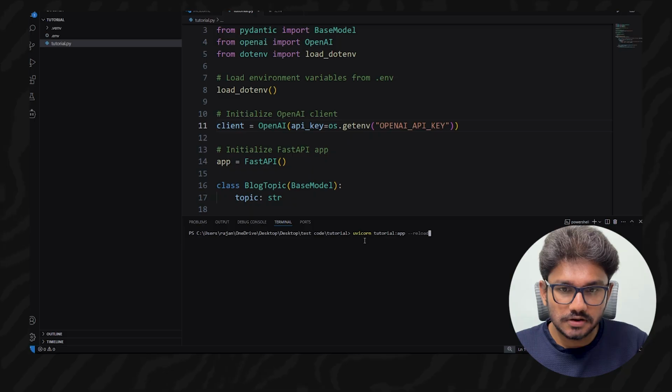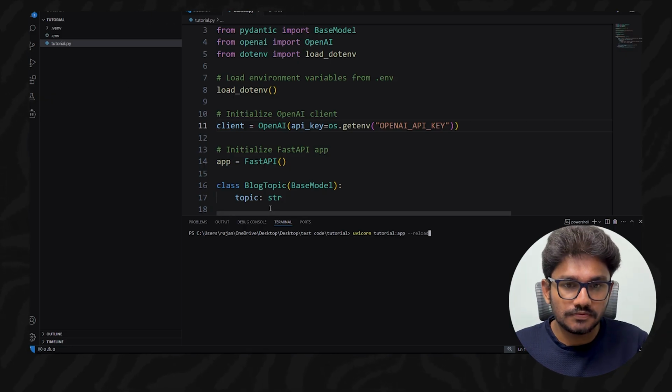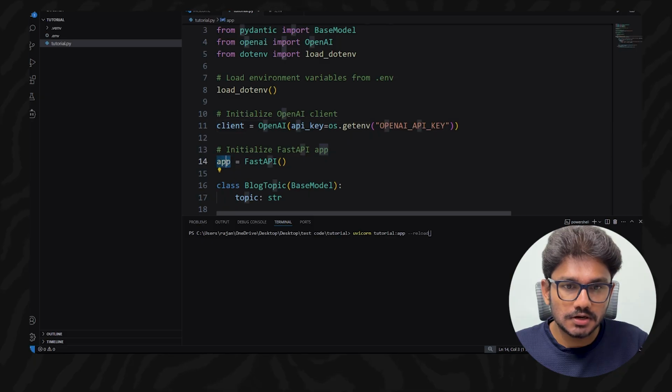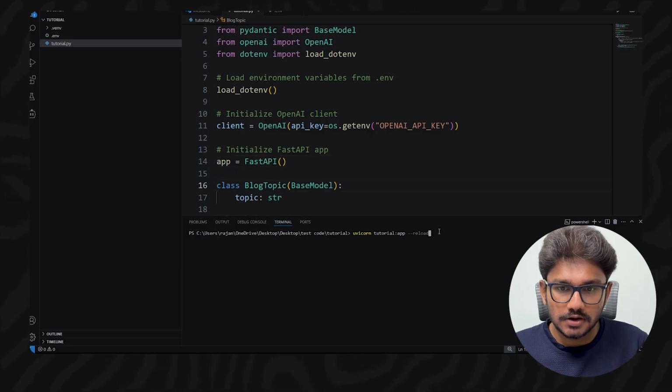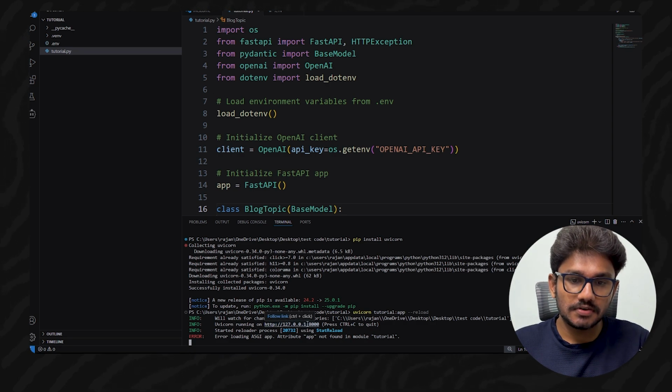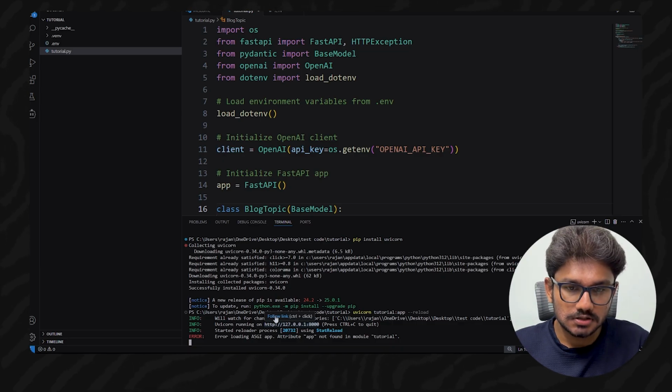The structure that you have to follow is uvicorn, and then you add the name of the Python file that you have created, and app is going to be the endpoint, which is the app we have here, right? So this is the endpoint, and you just write dash dash reload. Once you run the code, you will get a localhost link. You can follow this link, and this is going to take you to the